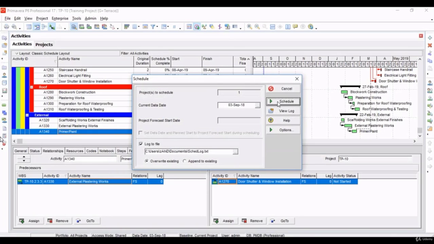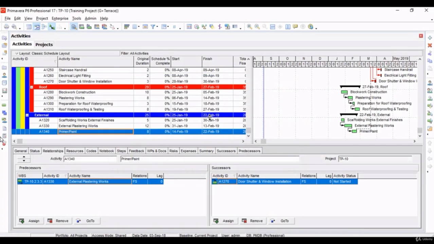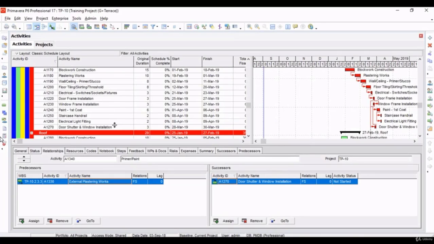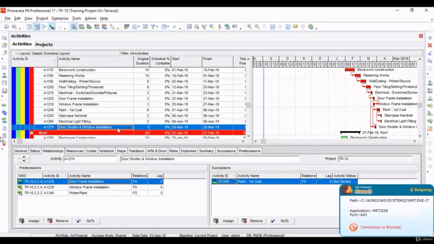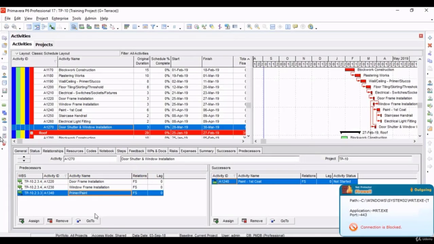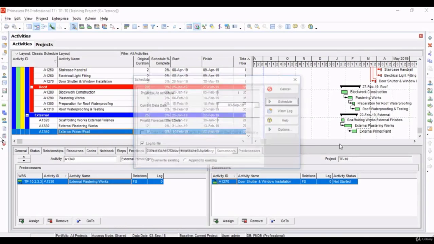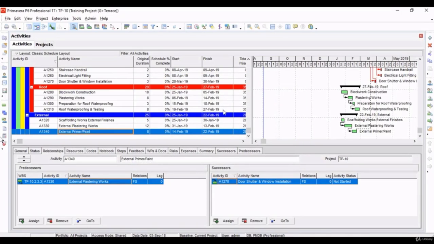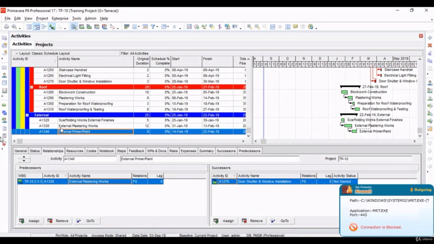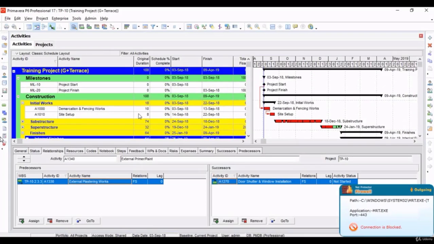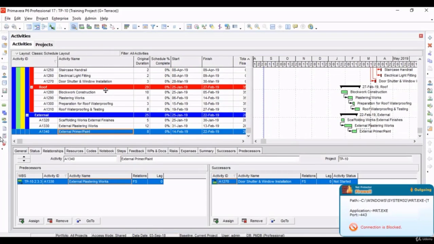So this is the sequence we have to maintain. External paint, let's rename this as external paint. Let's schedule this again, and we have added all of the activities.